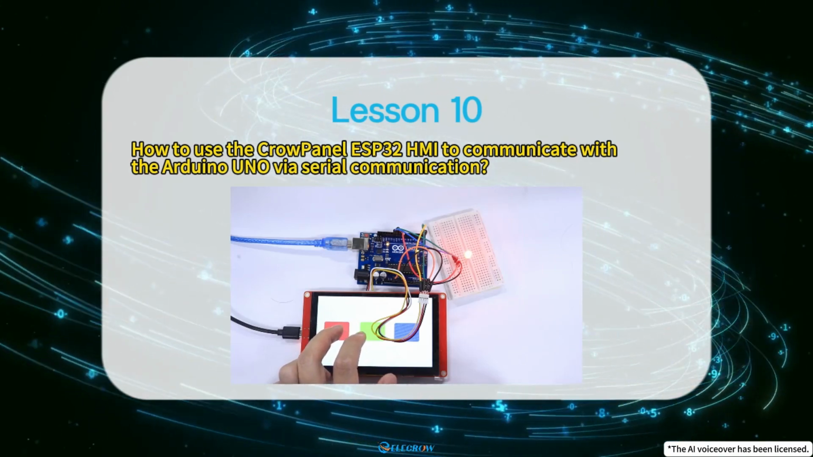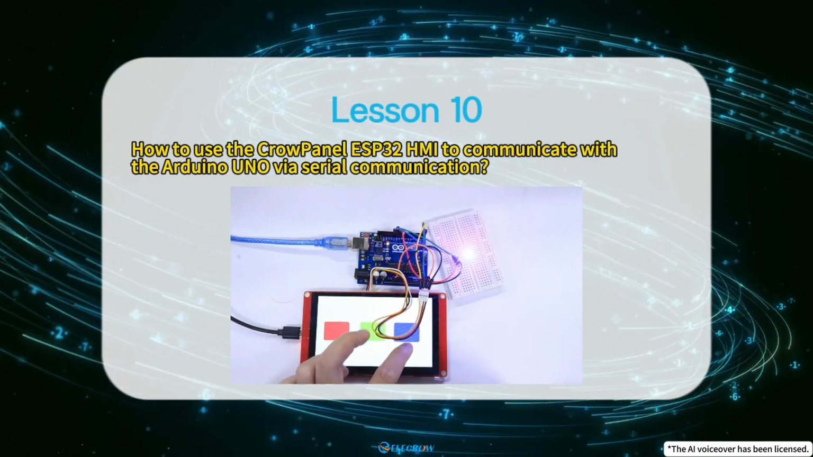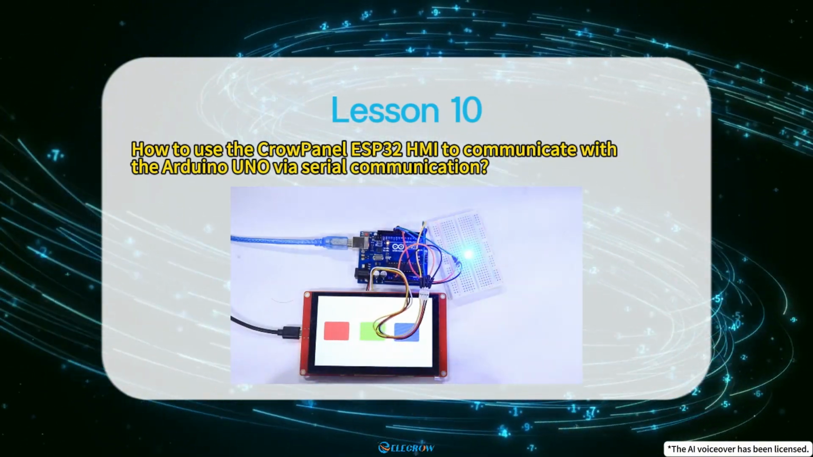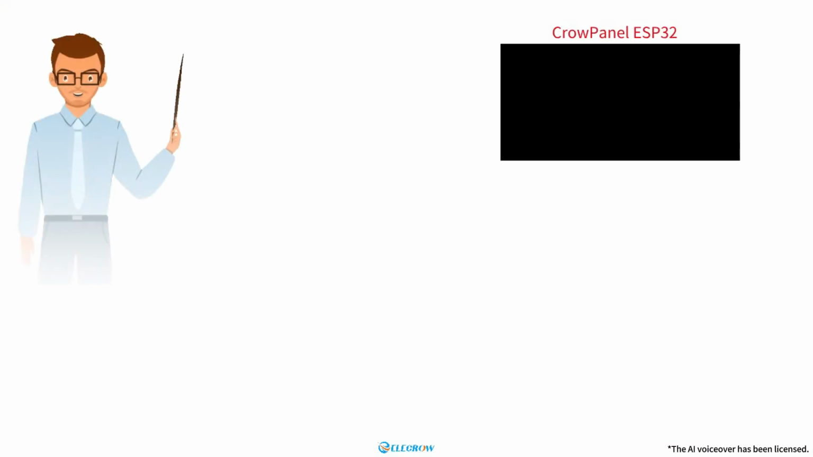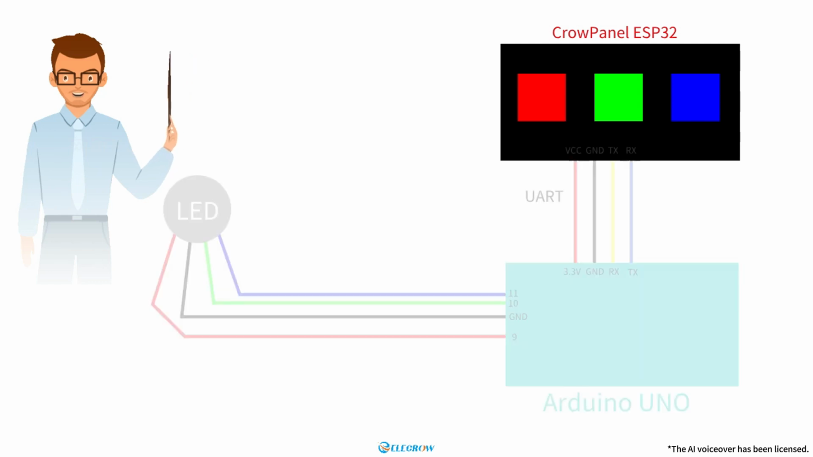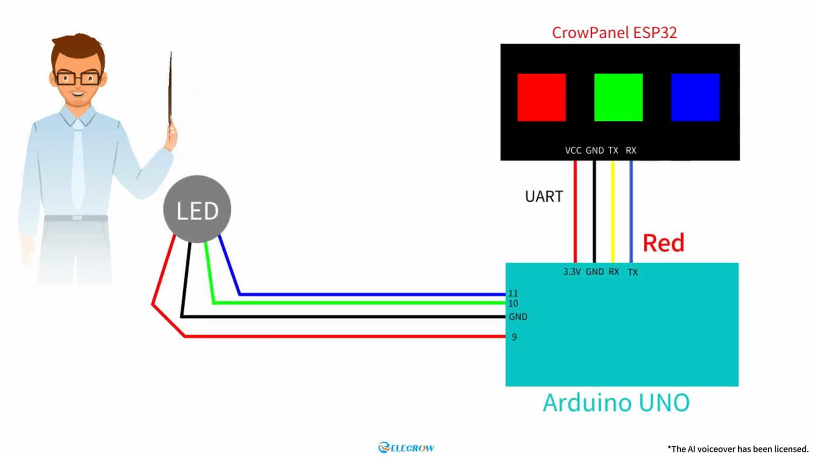In this lesson, I will teach you how to use the CrowPanel ESP32 HMI to communicate with the Arduino Uno via serial communication. To make the effect more apparent, I will design a simple UI interface on the CrowPanel. By clicking on 3 buttons of different colors, the CrowPanel will send 3 different messages to the Arduino Uno via the serial port. Upon receiving the messages, the Arduino Uno will control an RGB LED to change into 3 different